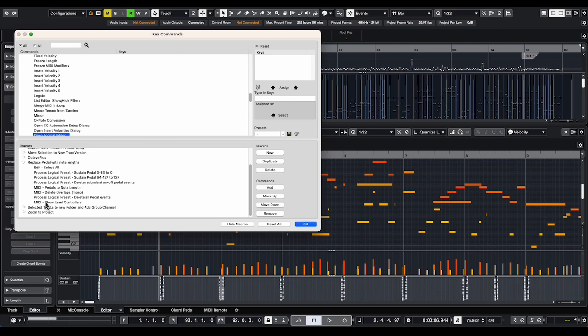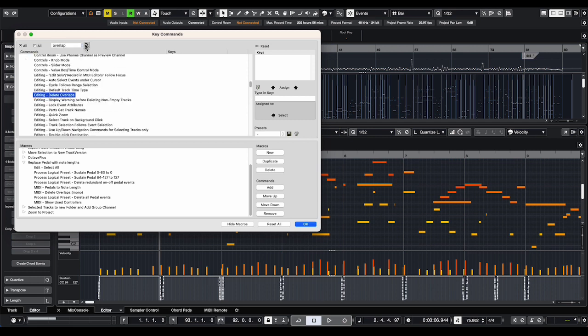And then we use another Cubase command called show used controllers, so that it shows only the used controller. In that case, it will be just the velocity. And that's it. Once you've done that, you can again select. So the way you check where those commands are, for instance, let's say the overlap command here. What you do is you go here and you type overlap, and then you check until you find